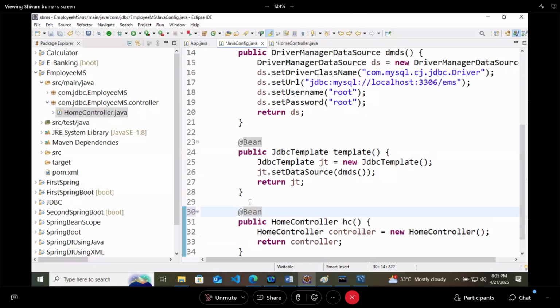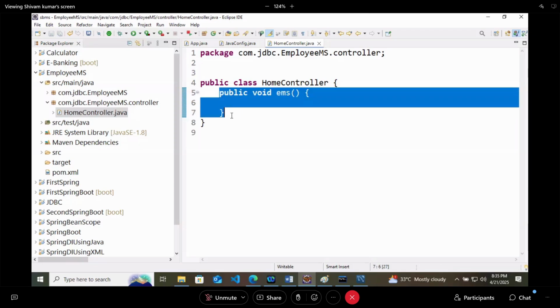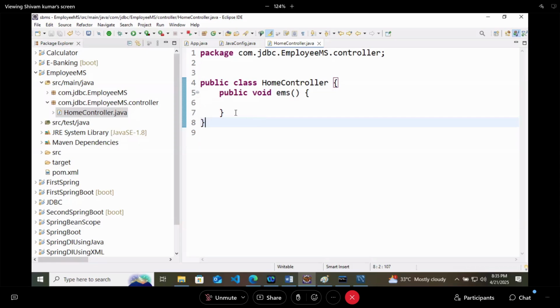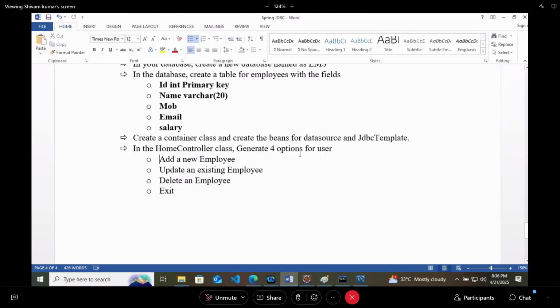In home controller, what we will do, there is a method, void. Let's make it a public method. So public void EMS method. Now what we will do in this method is show these four options to the user: add a new employee, update an existing employee, or delete an employee.